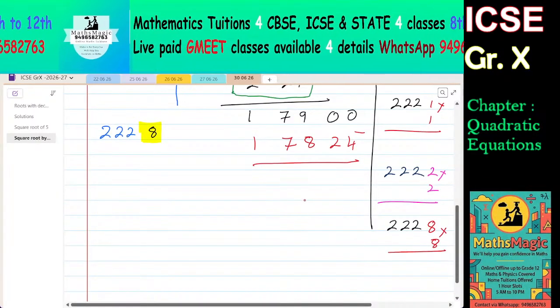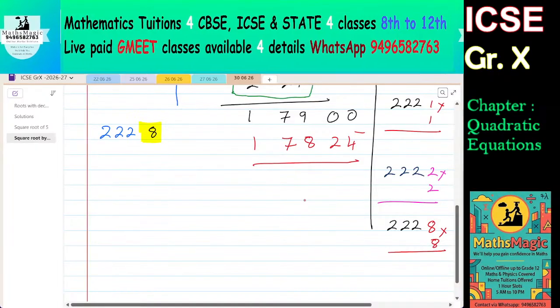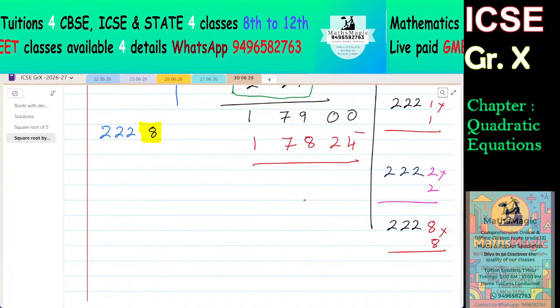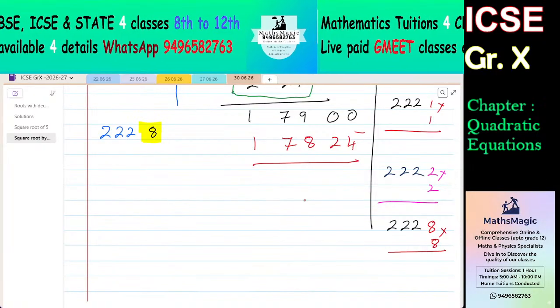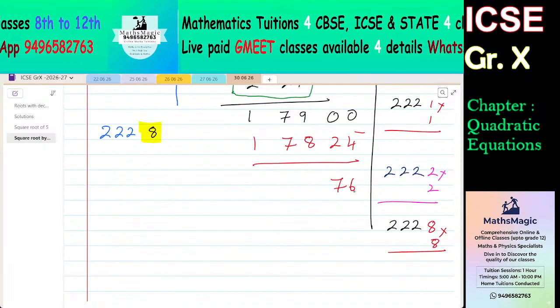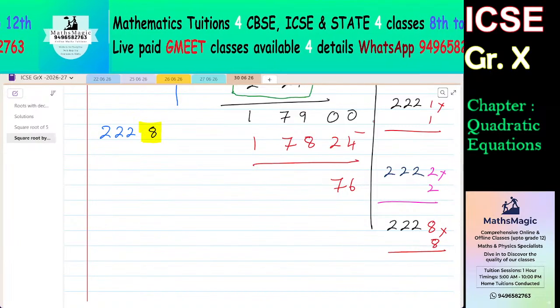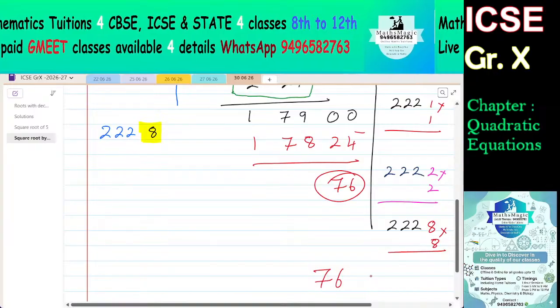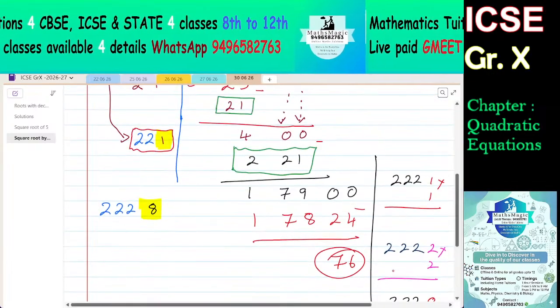So you will get 1, 7, 9, 0 subtracted by 1, 7, 8, 2, 4. Okay, 76. Then you need to bring that zeros down. So that will be 7, 6, 0,